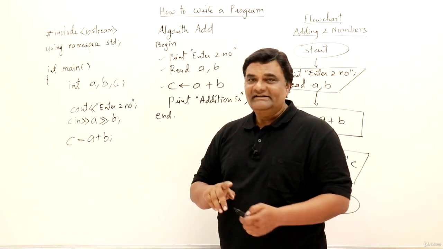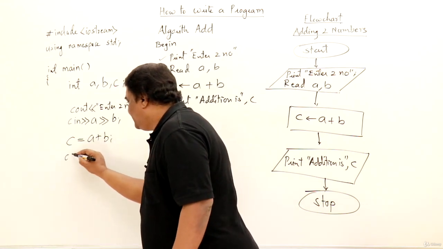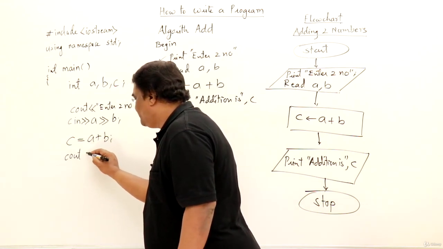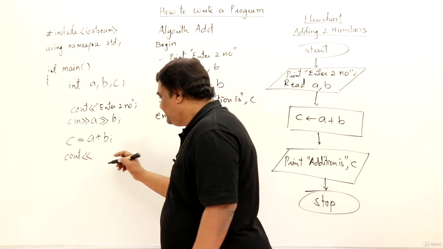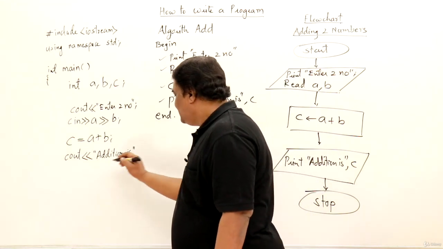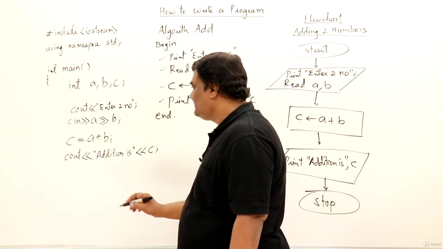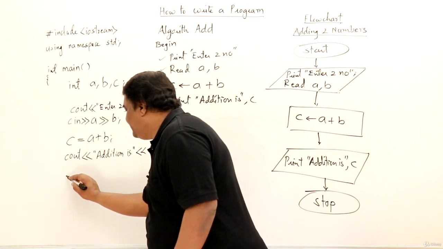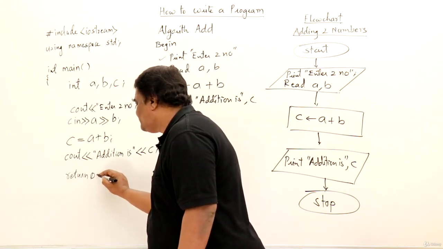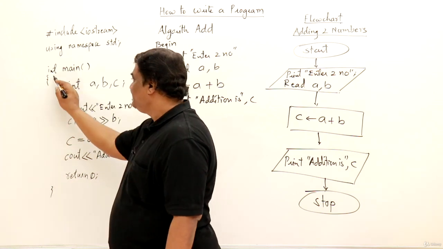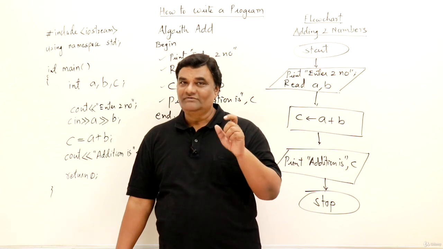That's it. Now the last thing remaining, we have to print the output. So say cout. Then cout, what is the message we want to print? Addition is, then C. So I will write down here. Addition is in quotes, and then write again double less than, and then say C. Right? So that's all. And so here inside the main function, we must write down return 0. That is always you have to write, because we have written int here. So that's all. This is a program in C++ for adding two numbers.